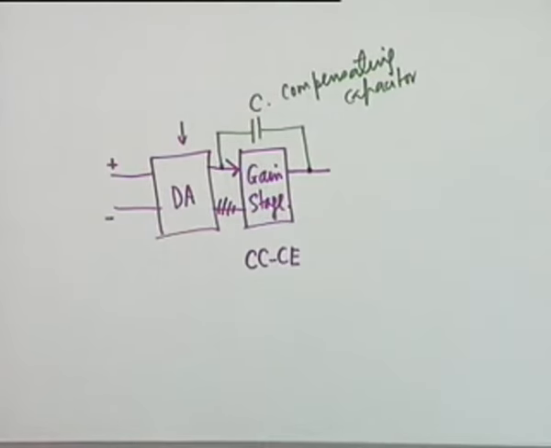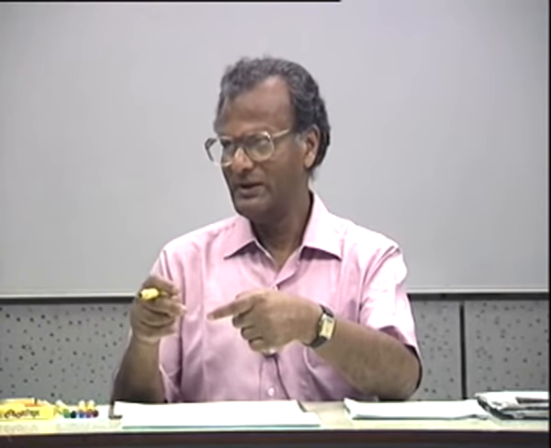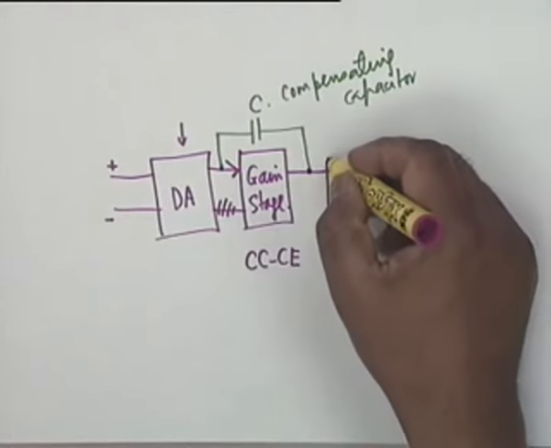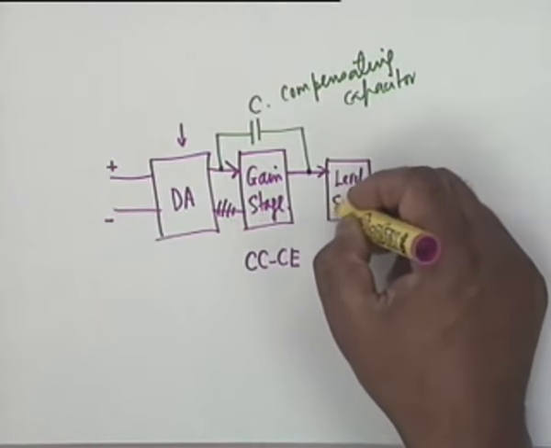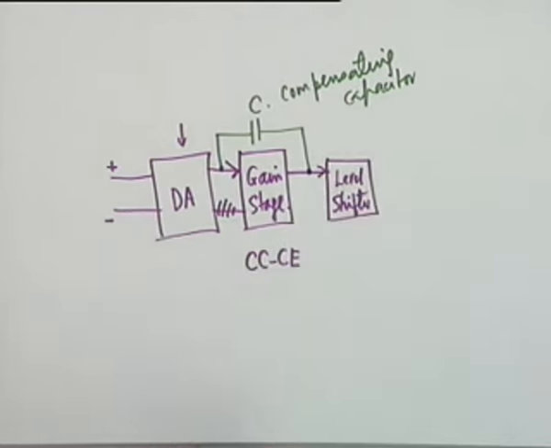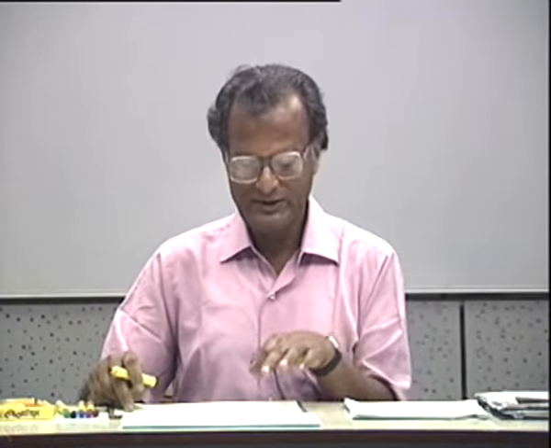But the point is, suppose this is at, let's say, 5 volt. You cannot apply 5 volt to a base. You remember the class B, there are two transistors, PNP, NPN, and the bases are connected together. You cannot apply that voltage. So what is needed, this we have not discussed so far, is a level shifter. We shall discuss this in detail. The DC level has to be shifted such that the overall output of the op-amp is equal to 0 when the signal is 0.